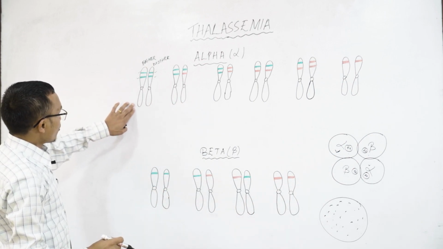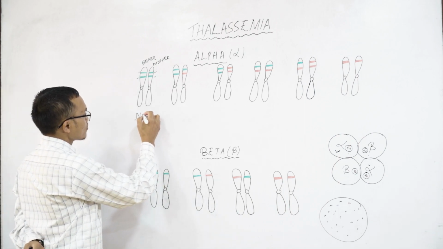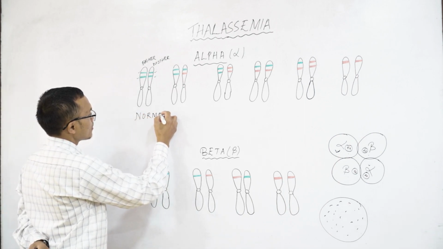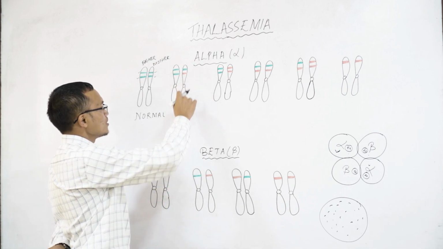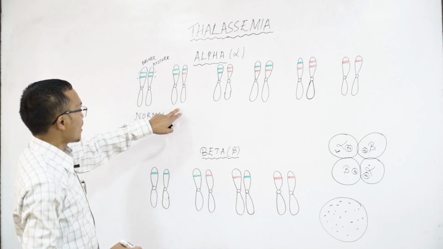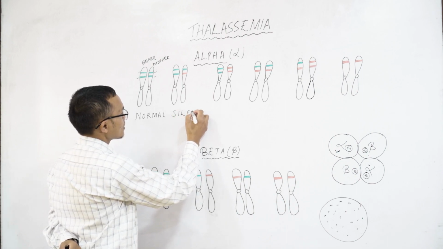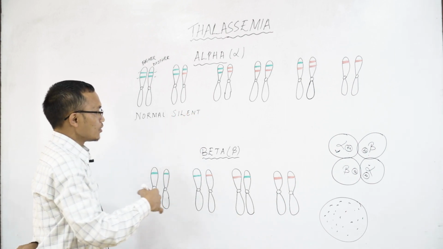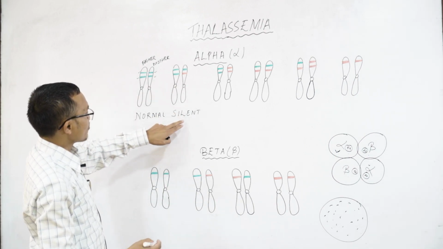If all the 4 genes are normal, that person will have normal hemoglobin. If there is a change or deletion in one of the alpha genes, that person will have a silent thalassemia. He or she will not show any symptoms but is a carrier,